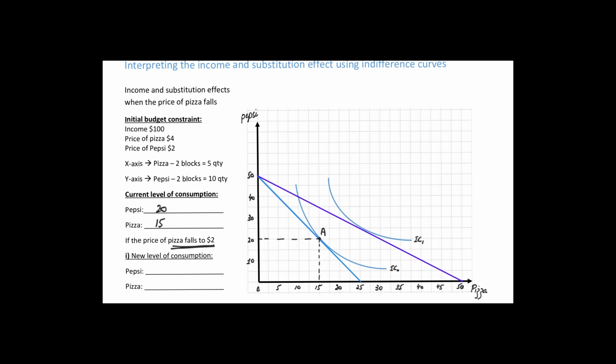So now that there is a pivot shift, we have a new equilibrium. I'll call it point B. That's my new equilibrium right there. And now as a result of that I have new consumption points for pizza. I am having 25 of this and I am having 25 of this as well. दोनों की consumption बढ़ गई।